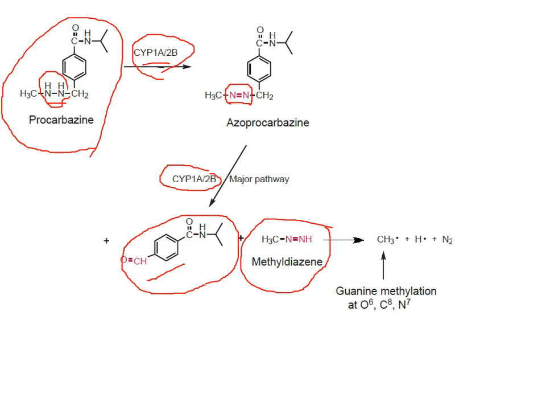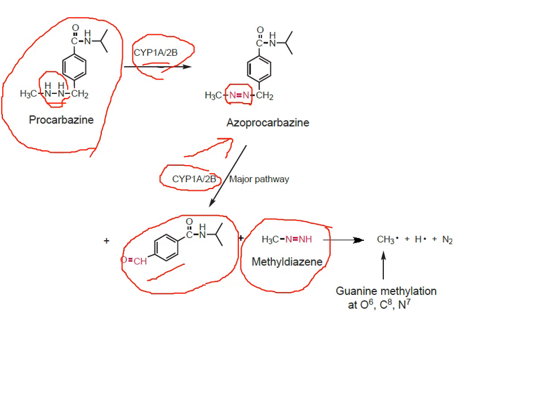Okay. Now how did this specific step happen? I want to ask you to learn it, and I will ask you about it in the exam, so please look it up and know how this mechanism happens. How does the azoprocarbazine, through the cytochrome P450 oxidation, where exactly does the cytochrome P450 oxidation happen, to generate the benzaldehyde and the methyl diazine? Okay, so you need to know where this cytochrome P450 worked on azoprocarbazine to generate those two compounds,